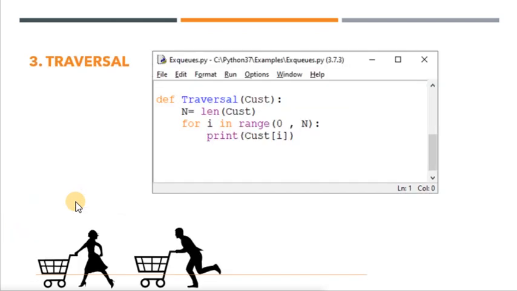Fine. So the third operation, traversal, of course will be done using a for loop, for I in range from the 0th position till you reach the n minus 1th element. Since n minus 1 has to be included, I'll be going one step ahead and including n over here. So for I in range 0 to n, and then I is the index number, so cust is the